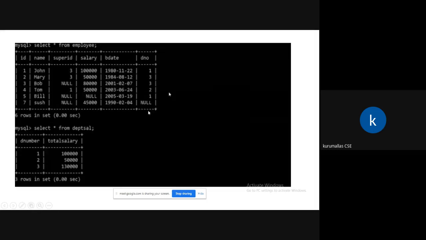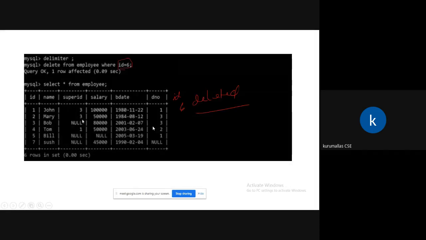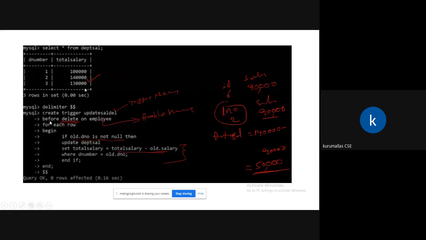Why? Because the dnum is null. What we have written inside this delete trigger, see here: create trigger update salary before delete. If old.dnum is not null, then it updates, as already done.